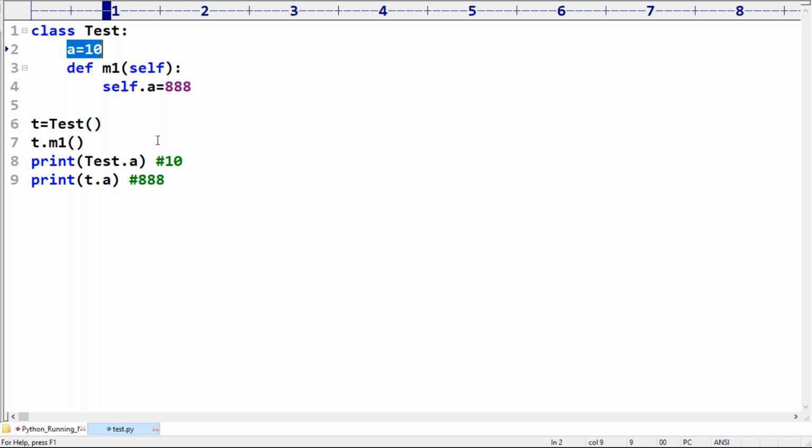Any doubt about this one? Can you please observe here? Here we are not accessing self dot a. This is the instance variable declaration, so compulsorily an instance variable will be created. But here it is the static variable. There is no relation here. Remember carefully: now our object has an instance variable, and our class has a static variable with the same name. Now class name dot a is the static variable, and object reference dot a is the instance variable.